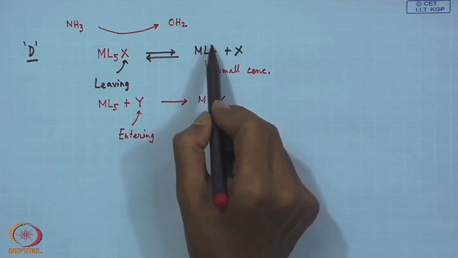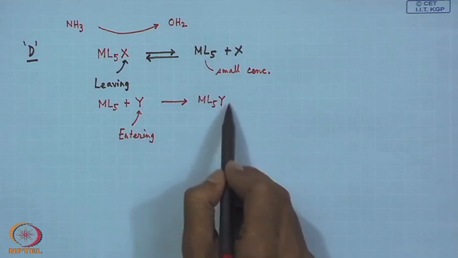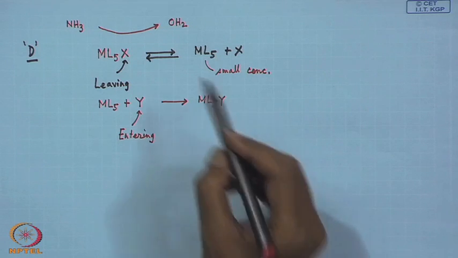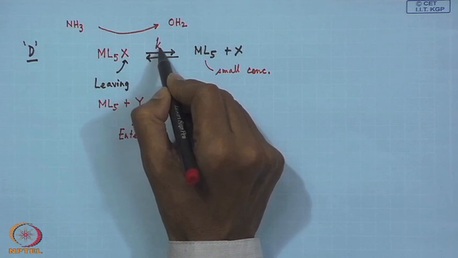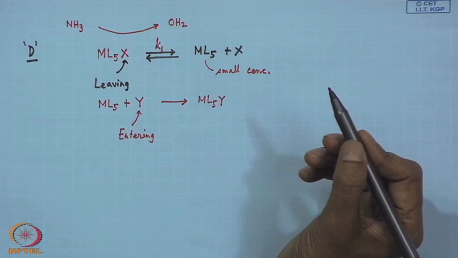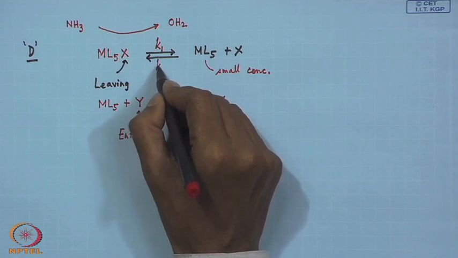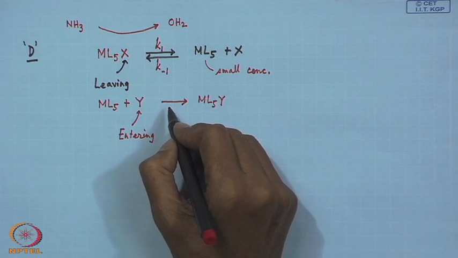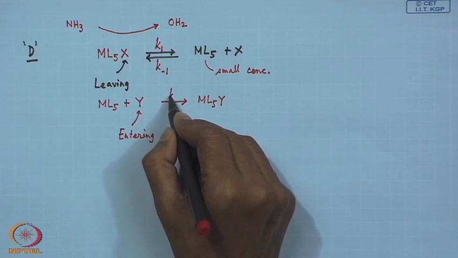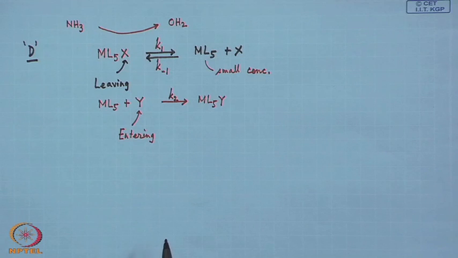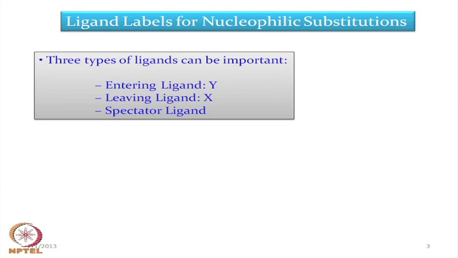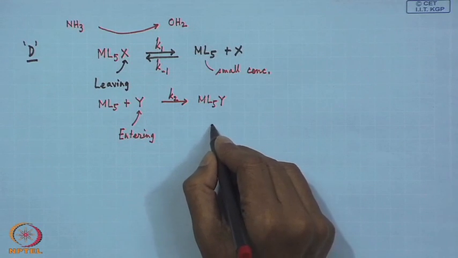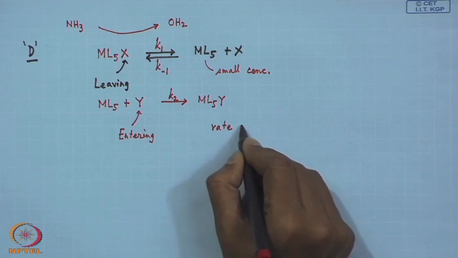So, the rate of formation of this ML5 and ML5Y, all these are dependent on the rate of this particular dissociation, that means K1, and the reverse of this reaction is K minus 1, and the rate of this particular attachment of the entering ligand is K2. So, this ultimately gives rise to the corresponding manipulations and all these giving us the corresponding rate law